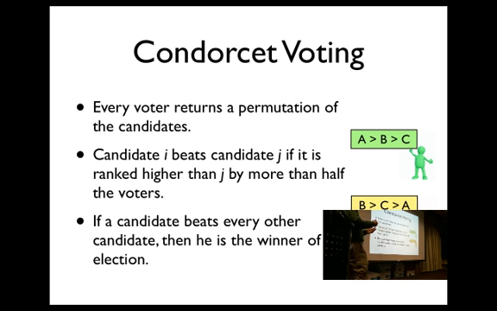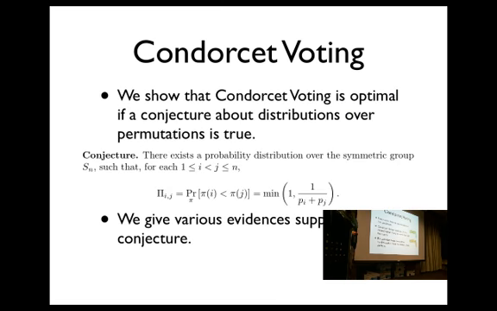And if there's a candidate that beats every other candidate in a head-to-head election, then he is the winner of the Condorcet election. If there's no such candidate, and in some cases it can happen, then you have to use some tie-breaking mechanism, and there are many of them. So here, basically, there are no numbers involved. You just vote for a permutation. So we don't know what happens here, but